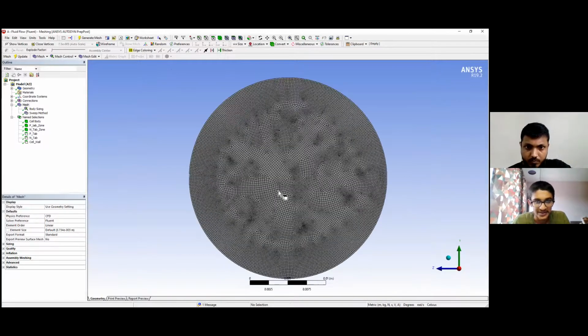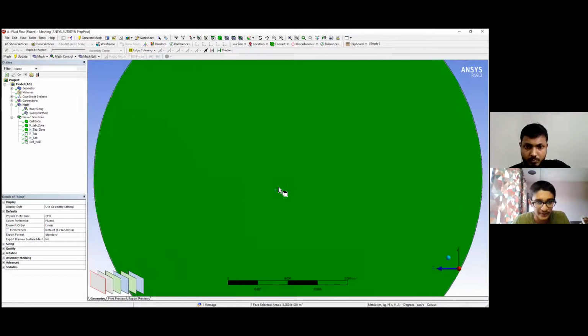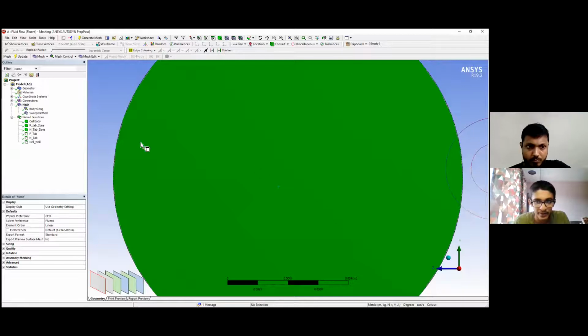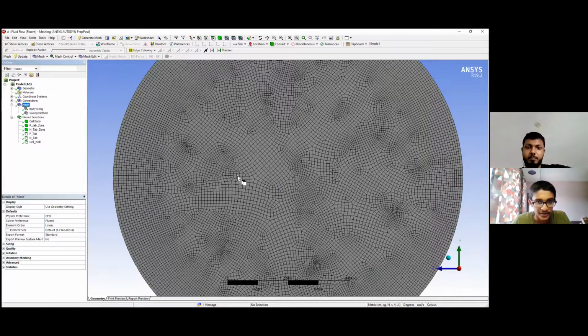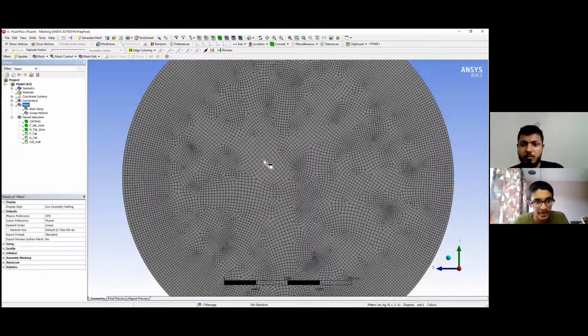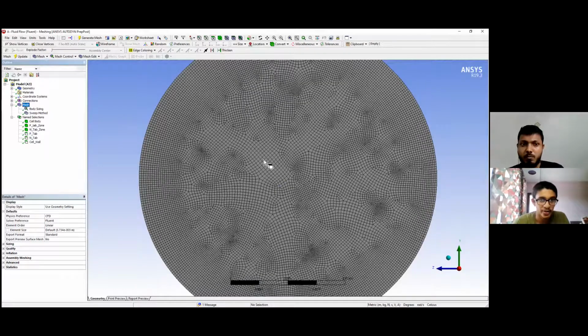Okay. So it is still not a structured mesh, because we see some clusters of improper elements which are formed. This is not a very clean mesh, because there are some clusters of irregular elements. But this can work, because it still has 6-sided elements everywhere, and the simulation will work well. So we can stop over here. But if you want the same mesh as what I have shown in my video, then we can go ahead and split the geometry into quarters first. Okay, I think we should try it once. It will be helpful for others also.